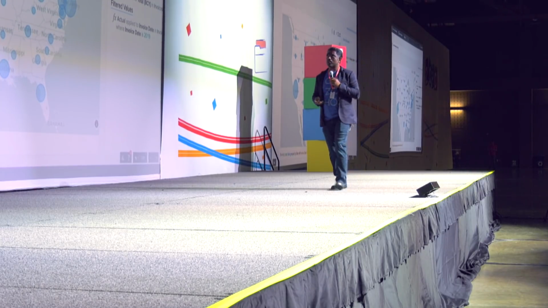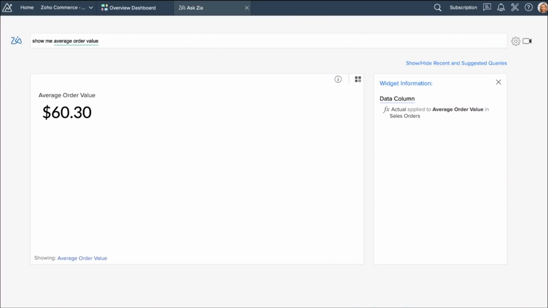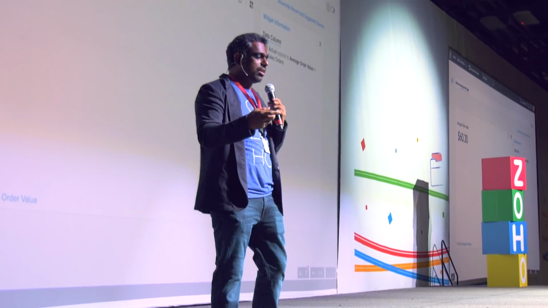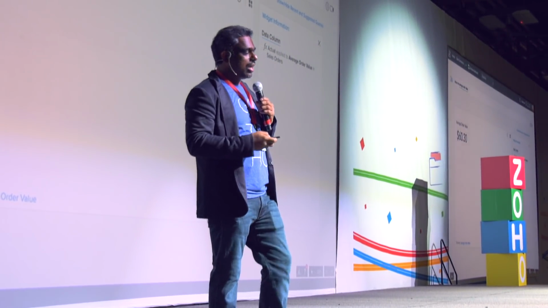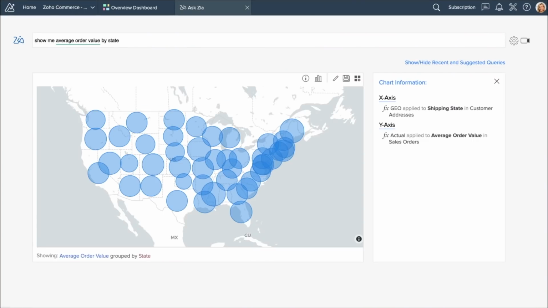Another example of Ask Zia is asking what the average sale value is. Zia will take that query, automatically take all the data that Zia has access to at the backend, compile the information, and give you the average order value across your e-commerce system.